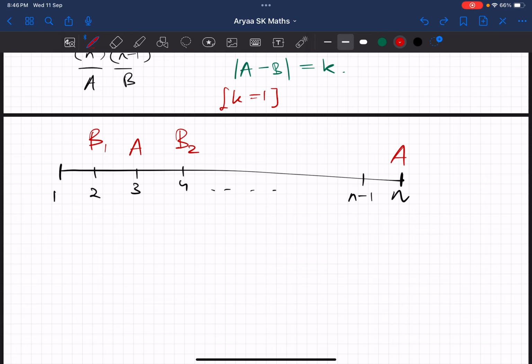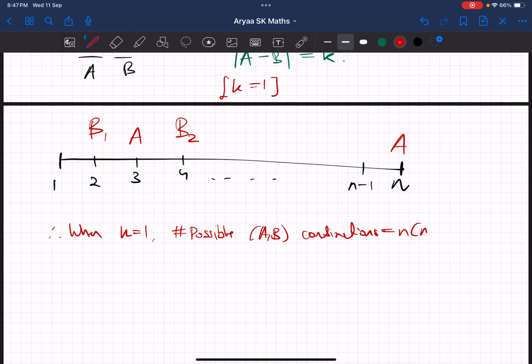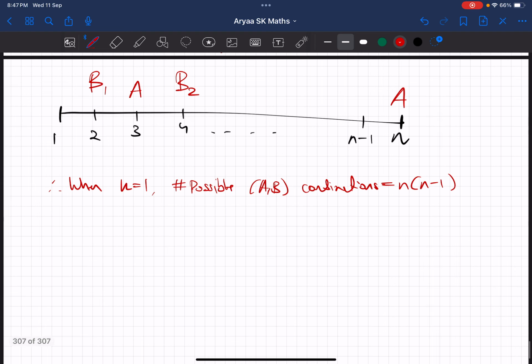So therefore, when k equals 1, the number of possible AB combinations is just equal to n times n minus 1, and we know the number of valid AB combinations